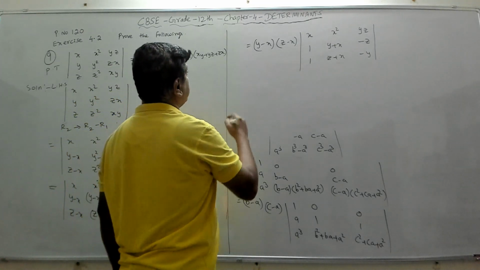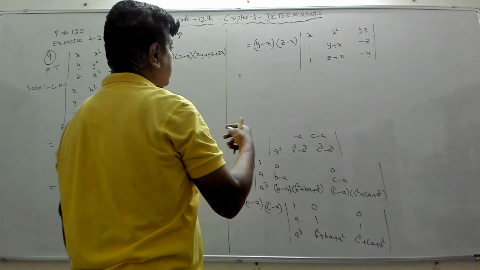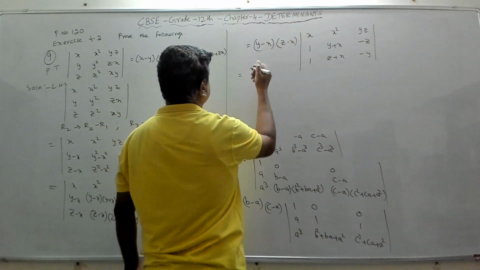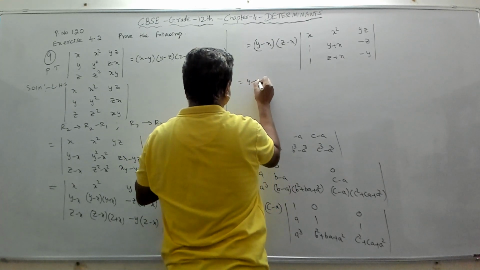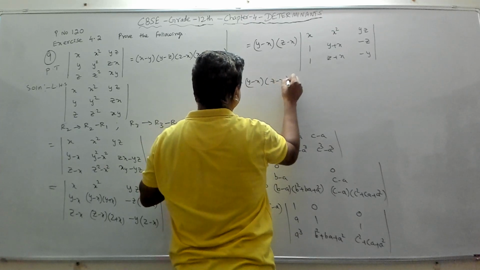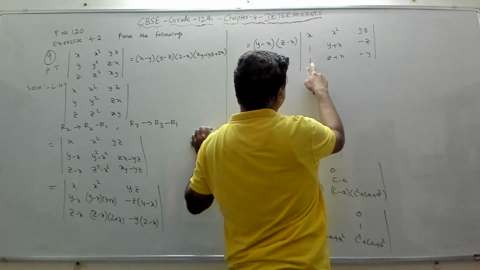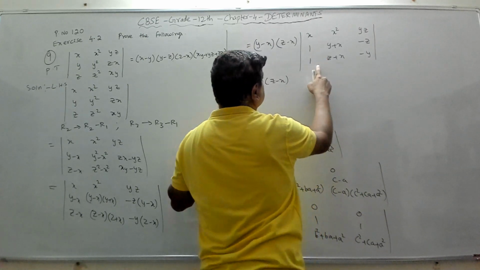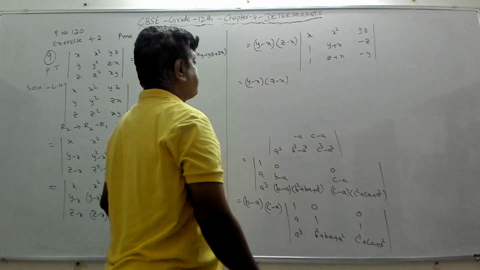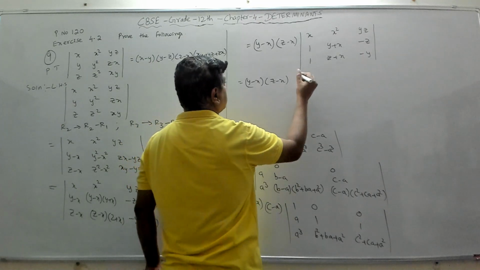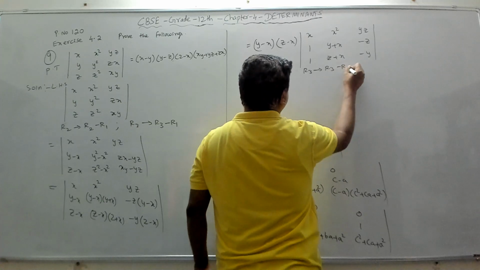Fine. So again, this will be equal to, we can try to see if we can make many more zeros. So we'll take y minus x out here as y minus x into z minus x. Now if you see this, we can make this 0 by adding these two. We can make this 0 by adding these two. So if I apply row 3 is row 3 minus row 2, this minus this.